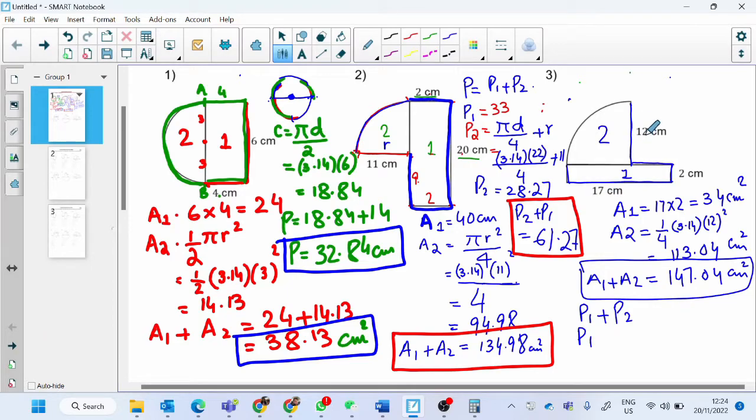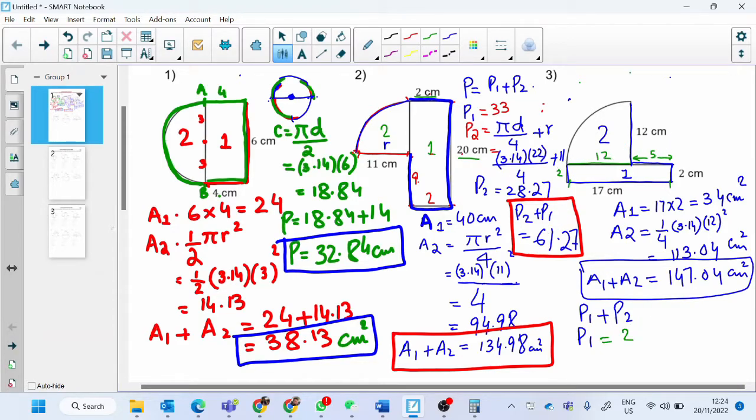The radius here is 12. So that means the radius here is 12, and the length from here to here, the whole length, is 17. So this portion here, from here to here, will be 5, right? So the perimeter of the first shape will be 2 here, 2 here, 17, 18, 19, 20, 21, and 21 plus